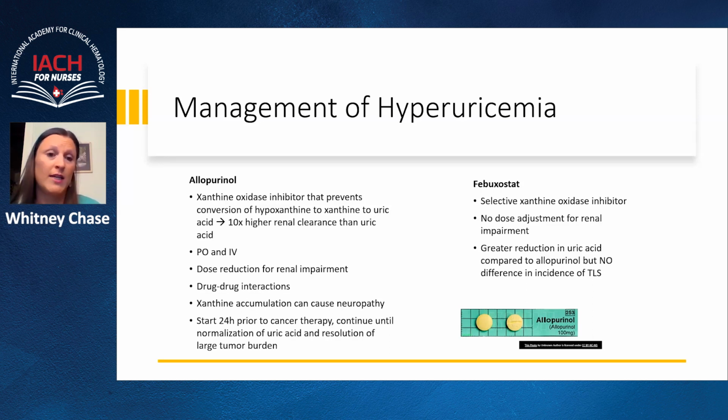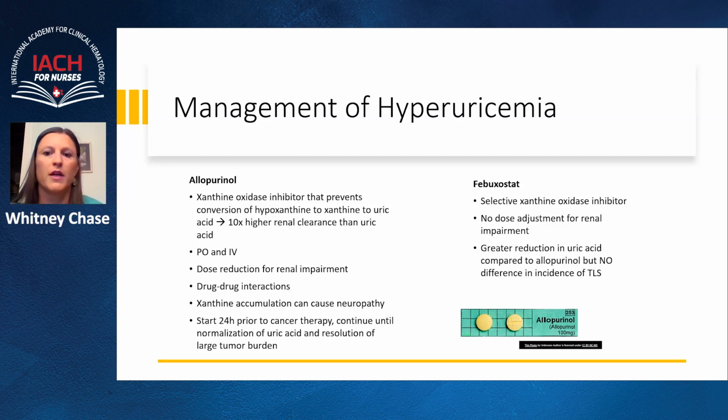So allopurinol is a xanthine oxidase inhibitor that prevents the conversion of xanthine to uric acid. So it's much more easily cleared by the kidneys than uric acid. It's pretty well tolerated. It can cause rash. And the one drawback is that it does not reduce uric acid levels. It just keeps them from climbing higher, while your body gets rid of those